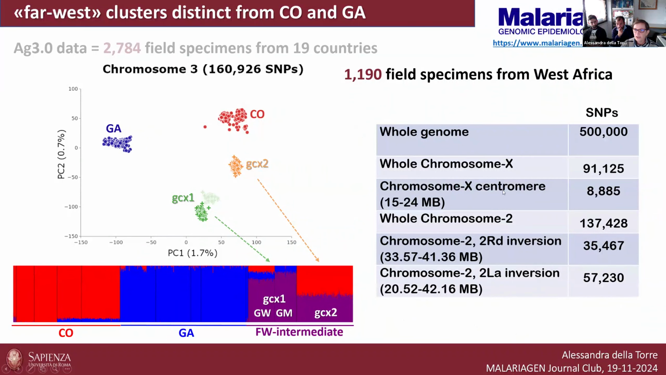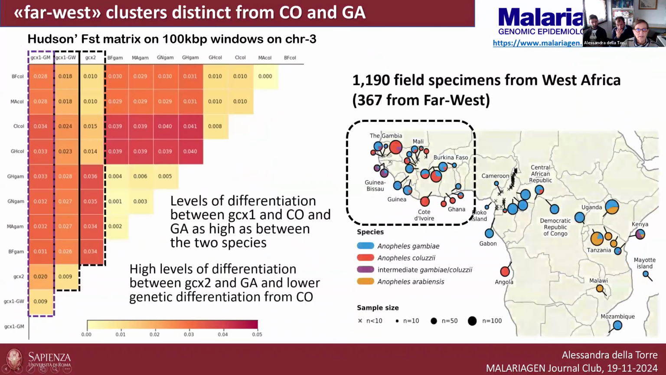But we repeated the analysis on the whole genome, or on the whole chromosome X or 2, or in specific regions of chromosomes X and 2. And the results were always quite consistent. In particular, the GX1 population was always clearly separated from gambiae and coluzzii. Here you can see the Hudson FST matrix showing that the three Far West populations, the first three columns, show a high degree of separation from gambiae and coluzzii. In particular, the level of differentiation between GX1 and coluzzii, and between GX1 and gambiae, is as high as between the two species. While in the case of GX2, there is a very high level of differentiation with gambiae, and